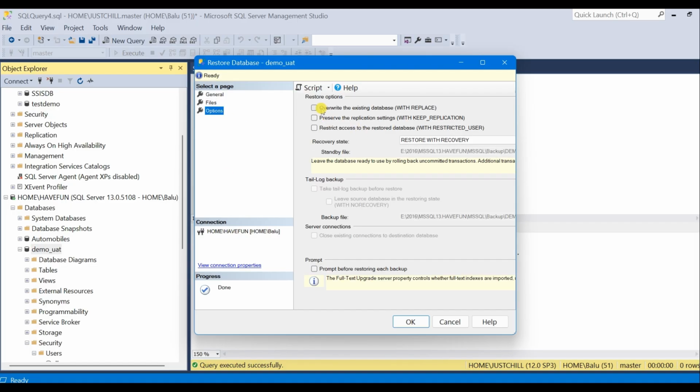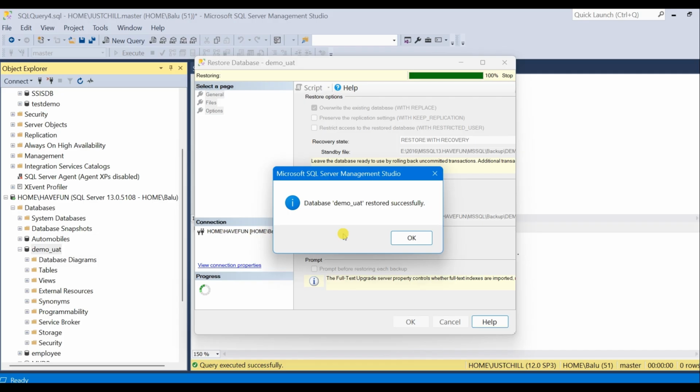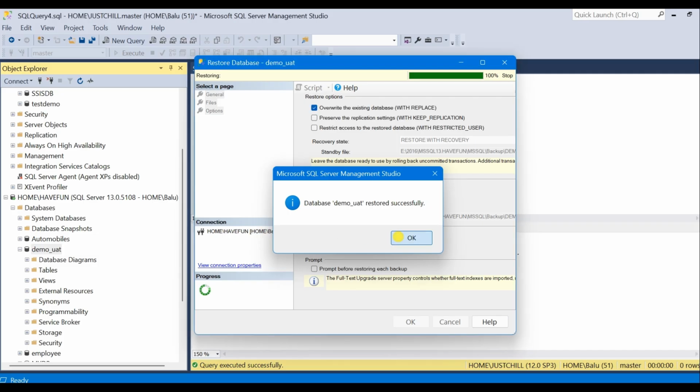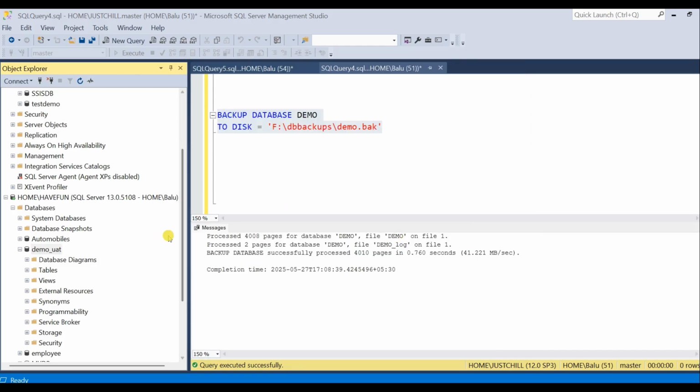Overwrite the existing database. You have to choose with replace, restore with recovery, and okay. The database has been restored successfully. Now just refresh the instance